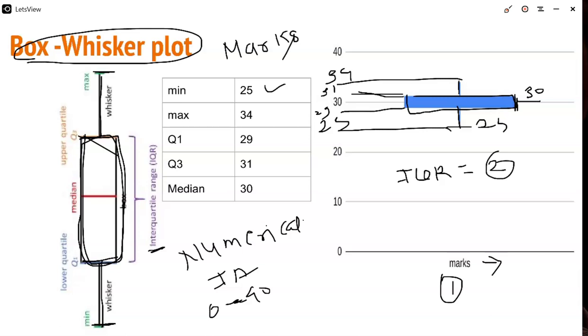The box whisker plot is plotted for a numerical variable, and it represents how the data values of a particular variable vary. It gives you the picture at one glance about what the minimum value is, what the maximum value is, what Q1 is, what Q3 is, and what the median is. So this picture gives you the total description of a given numeric type of data variable.